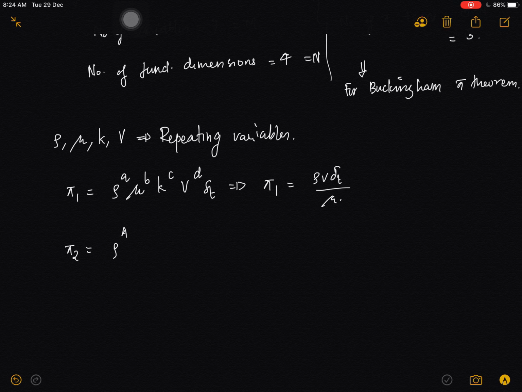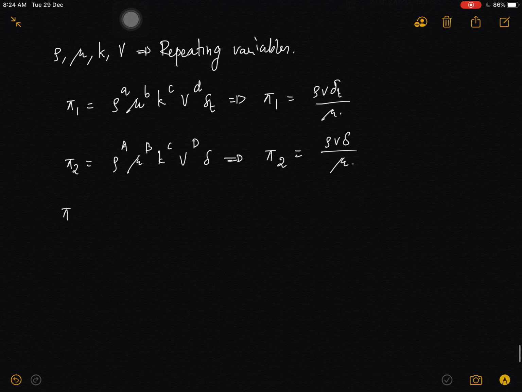And then the second pi term is rho raised to a, mu raised to b, k raised to c, V raised to d, and then we have delta. By using these conditions we can write pi 2 as rho V delta by mu,